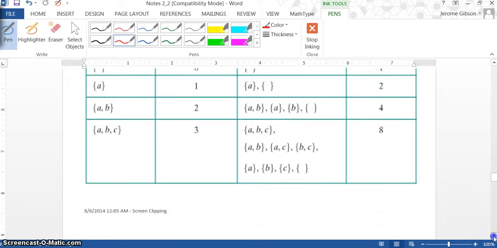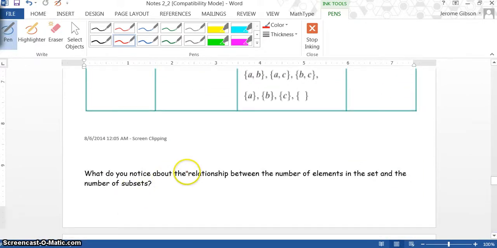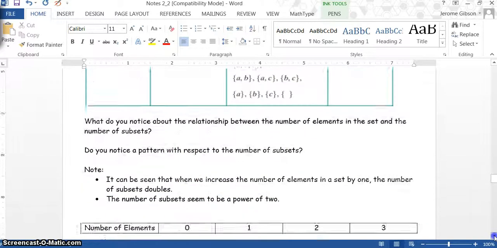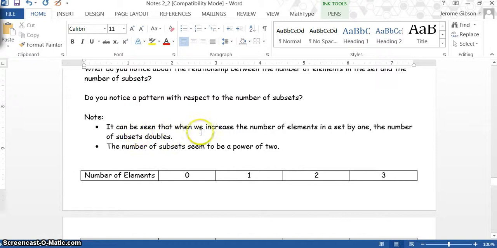Now, the question is asked, what do you notice about the relationship between the number of elements in the set and the number of subsets? Then also, do you notice a pattern with respect to the number of subsets? We have the answer to both of these here. It can be seen that when we increase the number of elements,